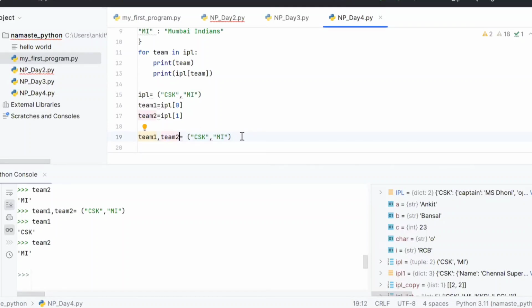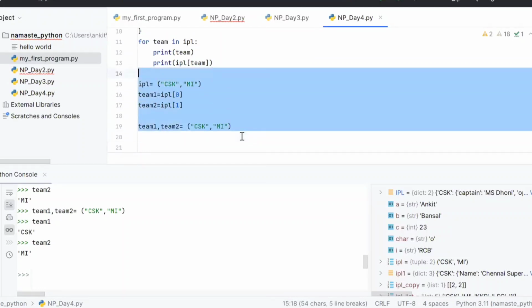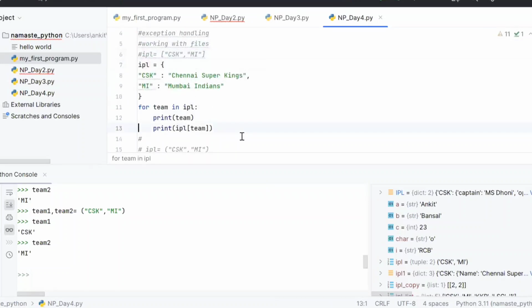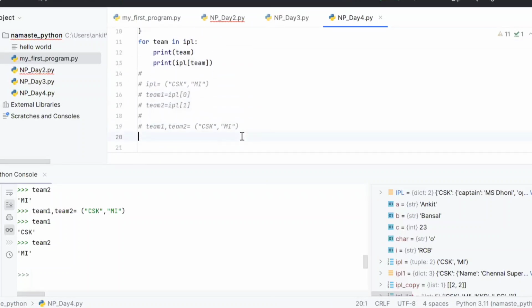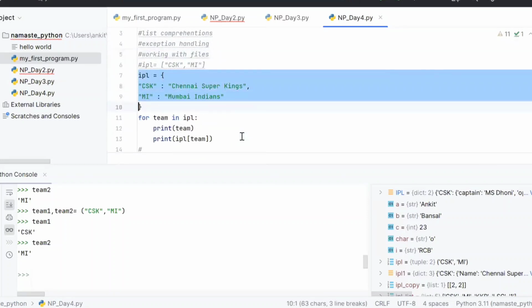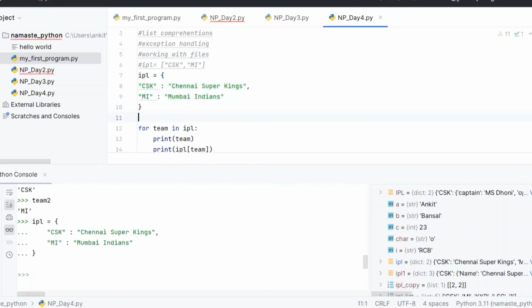Now, this concept we can use while looping over dictionaries. I'll show you how. Let's remove this. I'll comment this for now. In the dictionaries, we have the IPL dictionary. Let's make it again. Now there is a method called items.